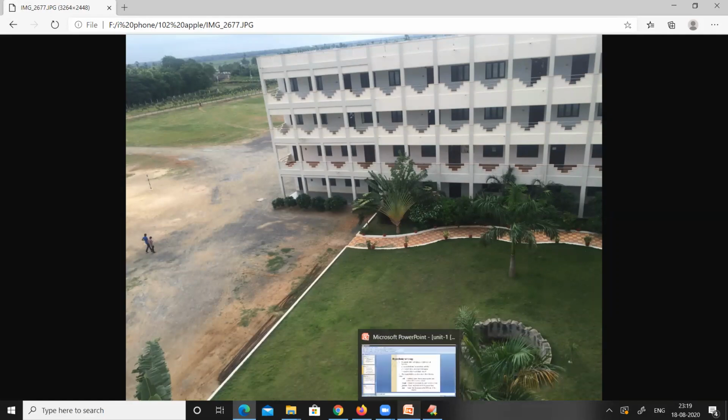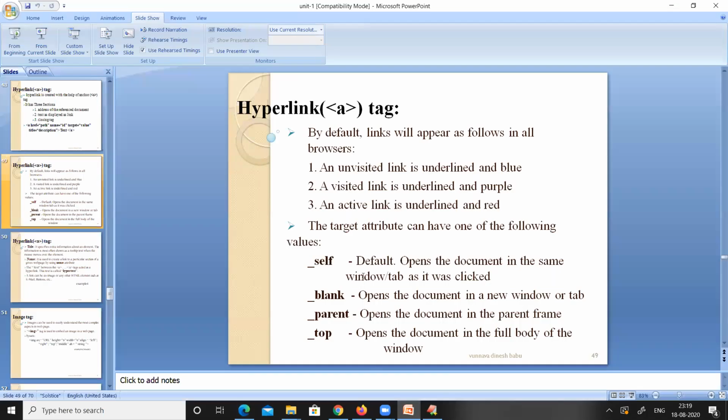See here what we have given. When we provide self, it opens the document or image in the same window or tab when clicked. It is the default option. Whether you provide self or not, that document will be opened in the same window.